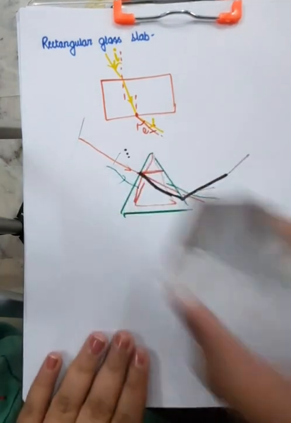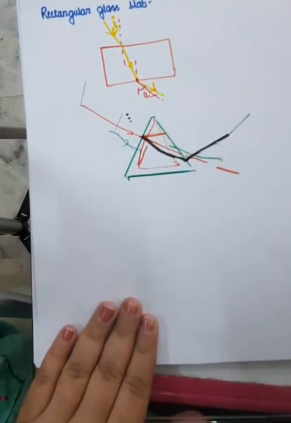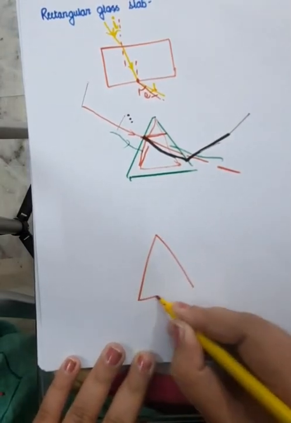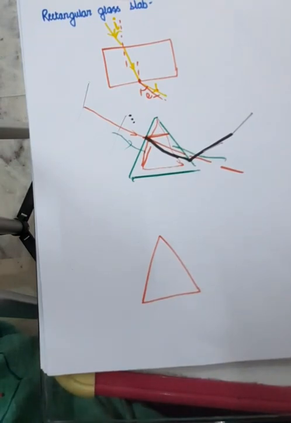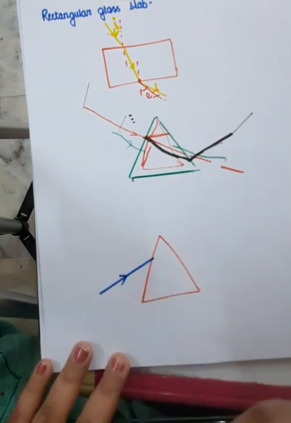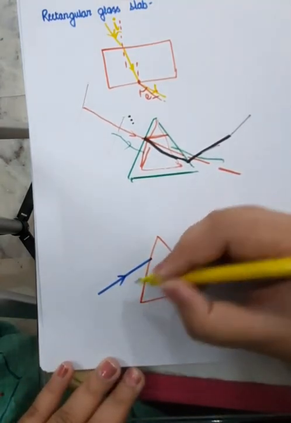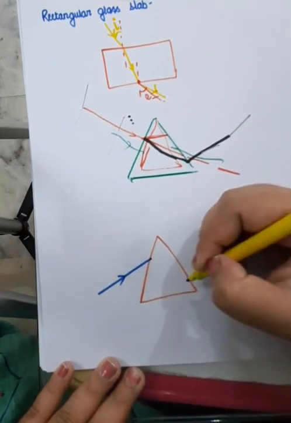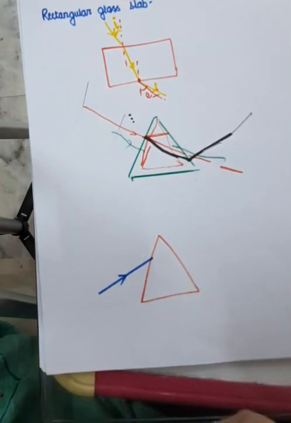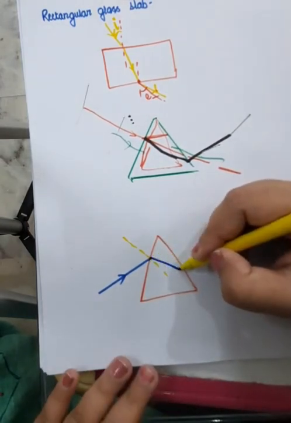Let us study in details what actually has happened here. So this was a prism, and this was some incident ray. I can choose any path, incident ray. And when the incident ray went from air to glass, it was moving from optically rarer medium to optically denser medium. And this is the normal. So the light ray will bend towards the normal, like this.